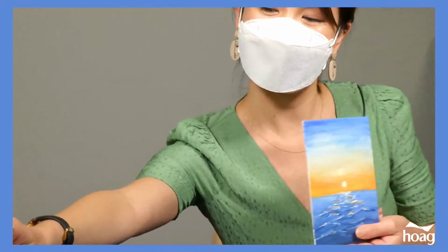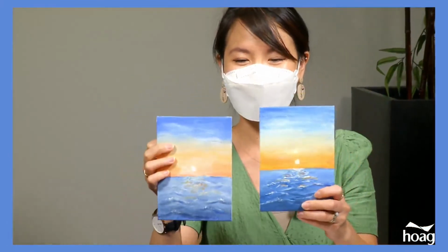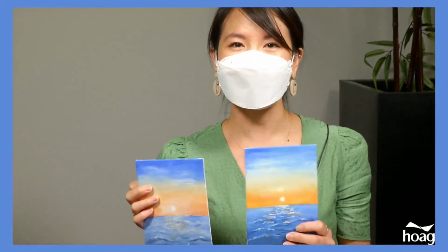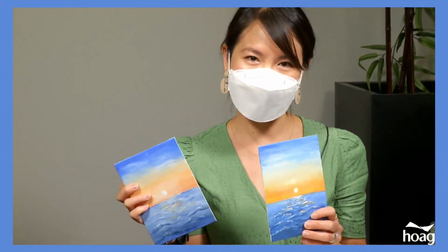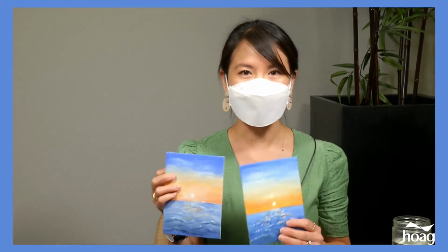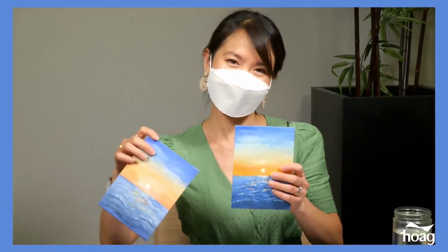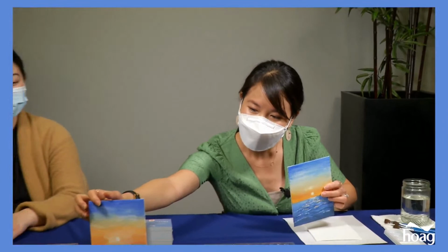And I just wanted to show you guys two that I did, and you can tell they both look a little different. So it's a good reminder that as you guys are painting, to not focus on perfection, but to just enjoy the process and not worry too much about the details or making it look perfect. And most importantly, is to just have fun and to enjoy yourself. Okay, so